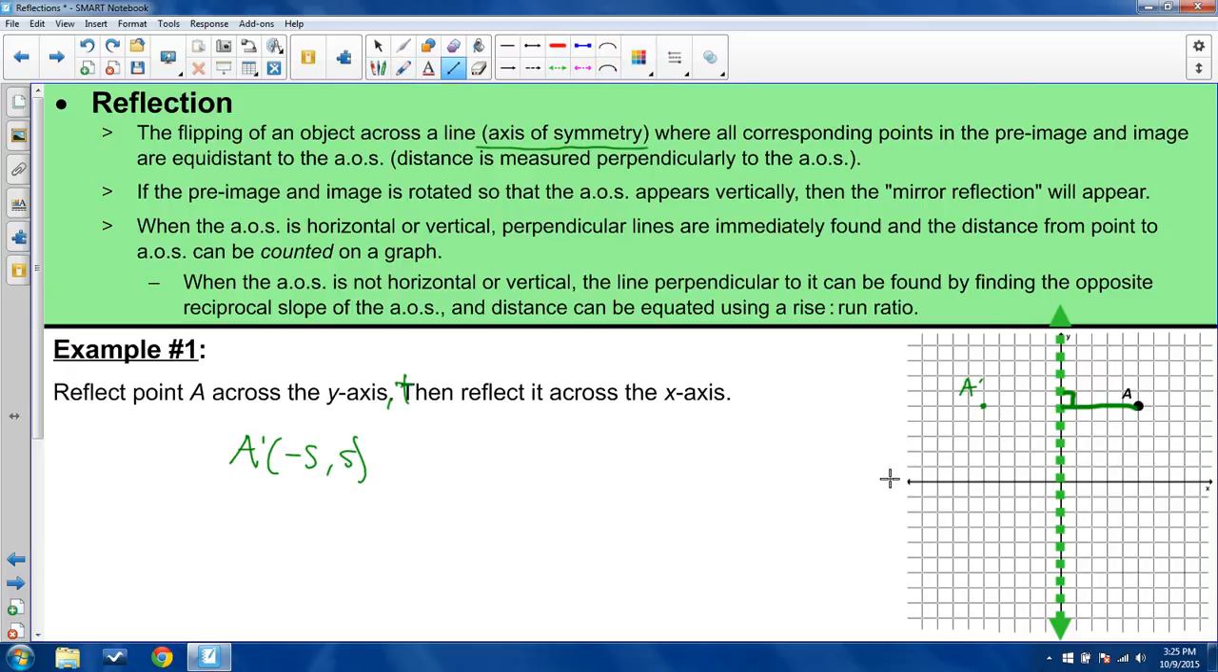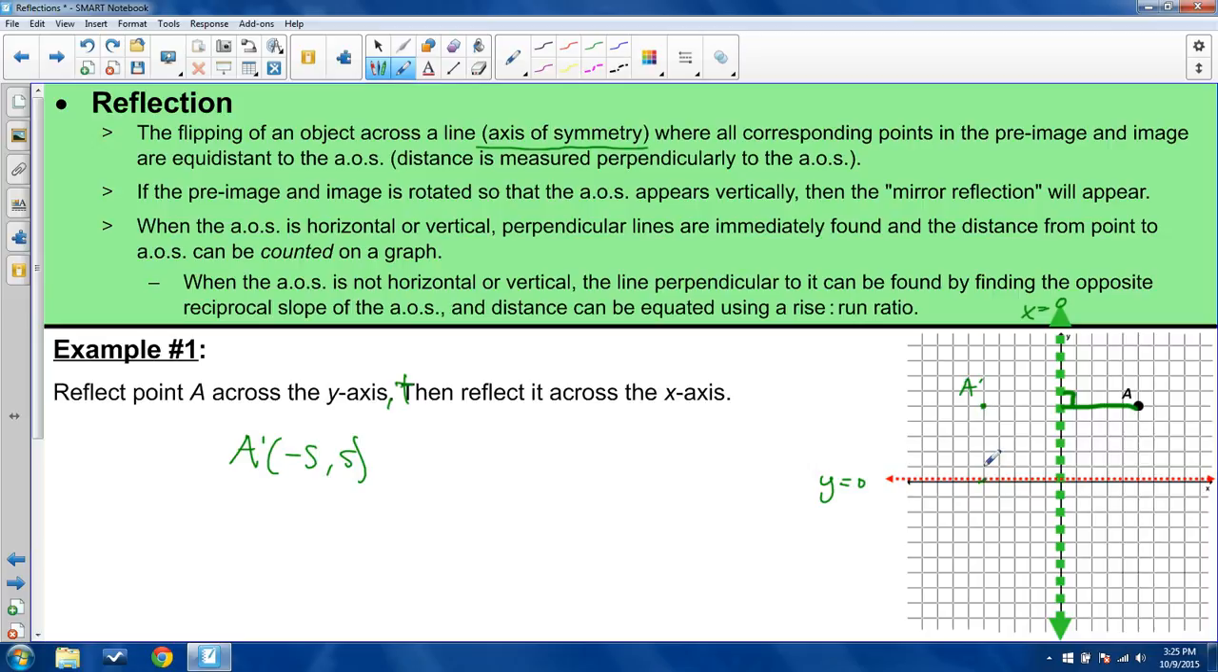Here's the x-axis. And just so you're well aware, because we're going to be doing more equations, the y-axis is the line x equals 0. The x-axis is the line y equals 0. So if it asks to reflect across x equals 0, then y equals 0, it's the same thing. So the same thing here, as I go down 5 units to find the point that